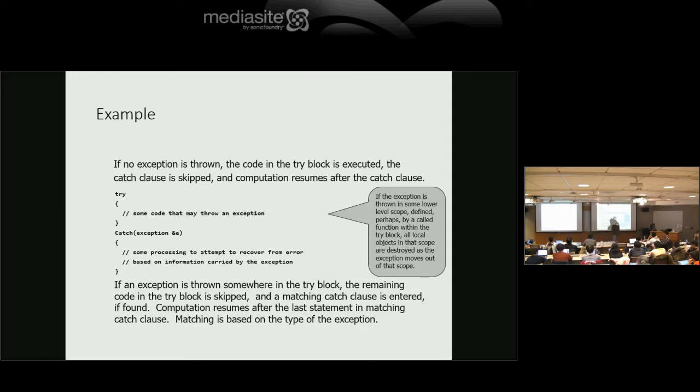So if I have an exception thrown in this try block, all the code up to and including where the exception happened are executed, but none of the code after the exception is thrown is executed. And as well, every object that was created from the beginning of the scope until where the exception is thrown are destroyed. Their destructors are called. The language guarantees that. And that's so that there aren't resource leaks, memory leaks.